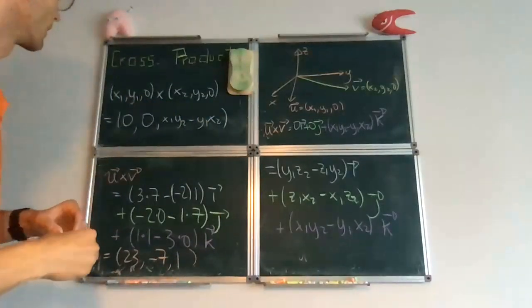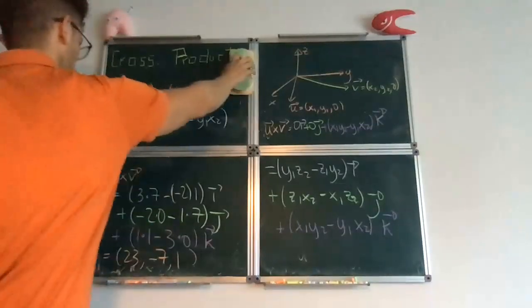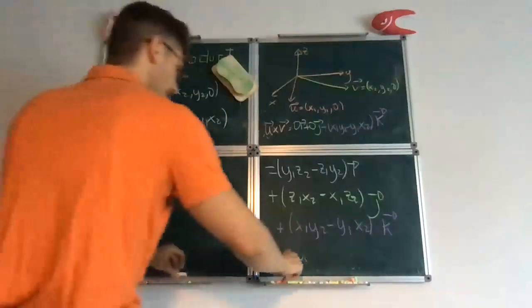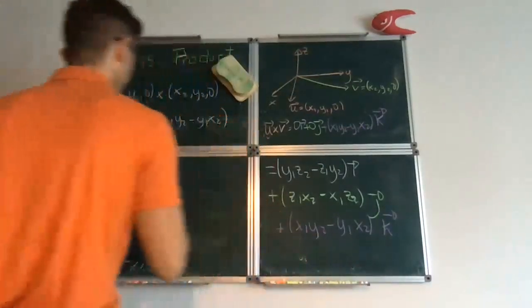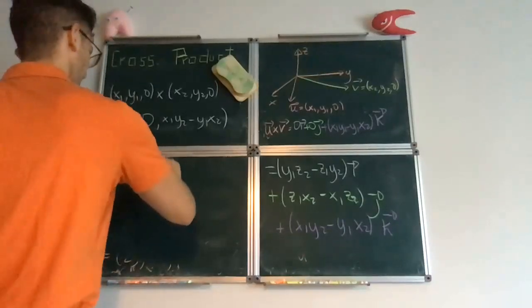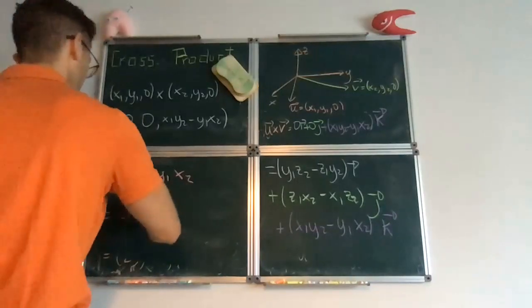Okay, and this quantity you can think of as what's known as the determinant of a 2x2 matrix